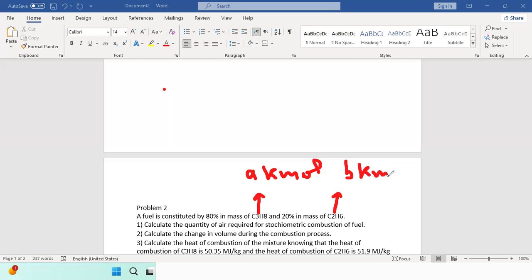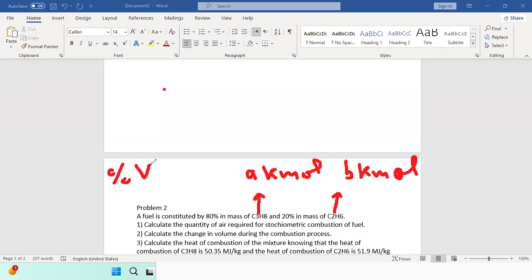If I know the number of kilomoles involved, I can deduce the percentage in volume because we said number of kilomole is proportional to volume, okay? So if I know the number of kilomole of C3H8 and the number of kilomole of C2H6, I can say that the percentage in volume